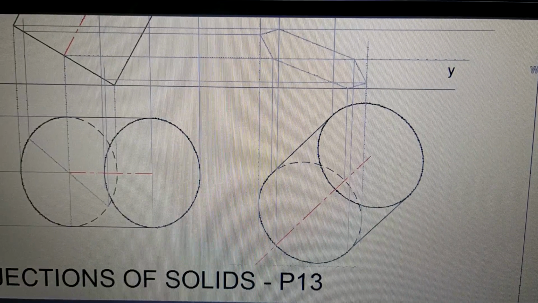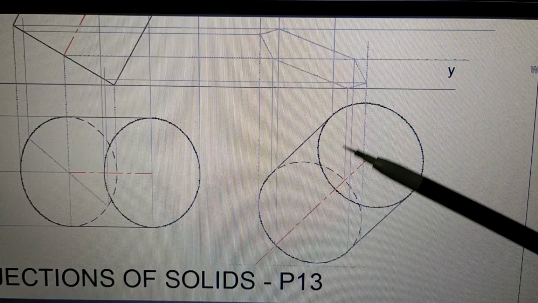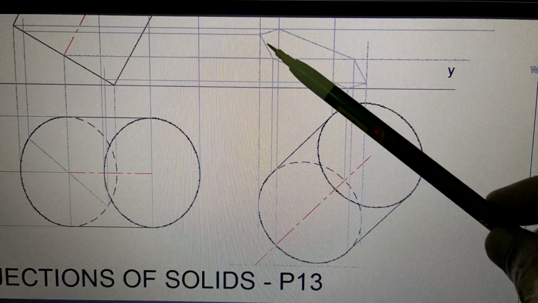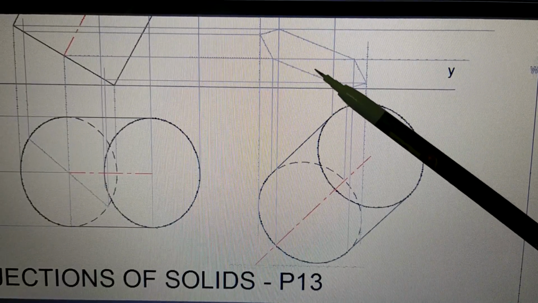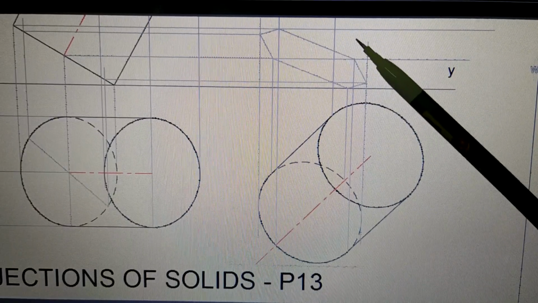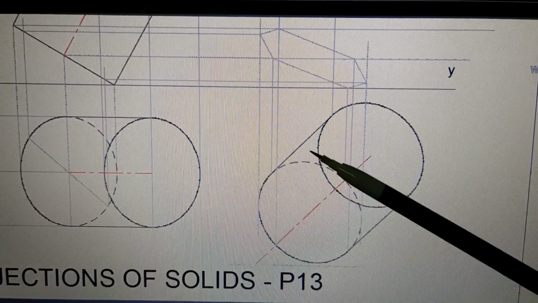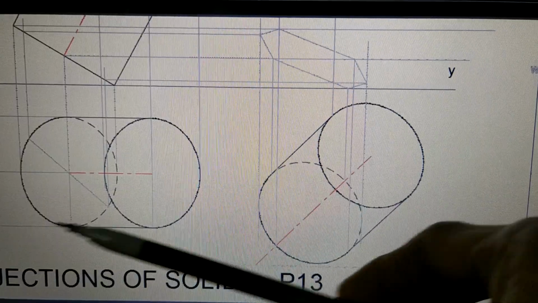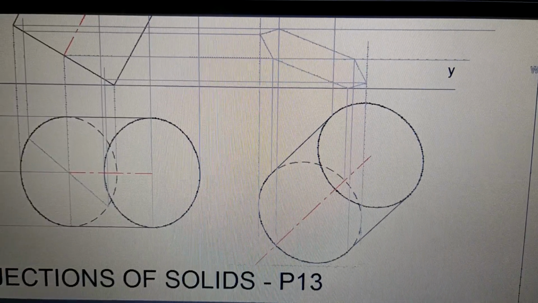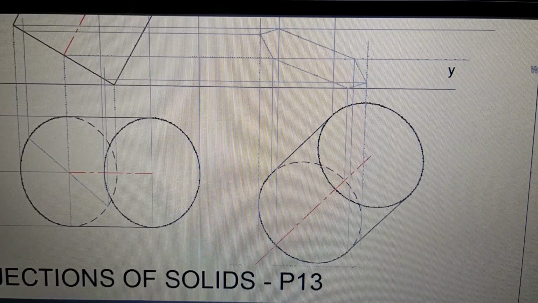this figure, when you look in this direction, the base is seen, the top is away from you. That means this ellipse of the base will be visible and the ellipse for the top will not be visible. So that way this figure will be drawn, which you will be drawing yourself. I have shown it up to this much. Let's go to the next problem now.